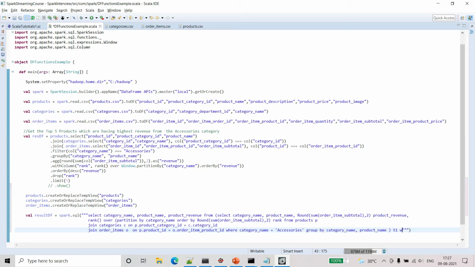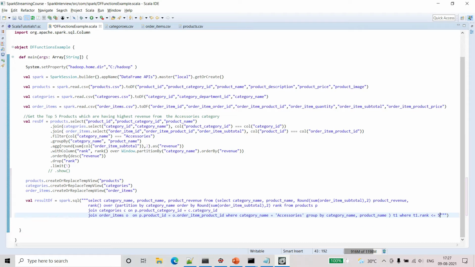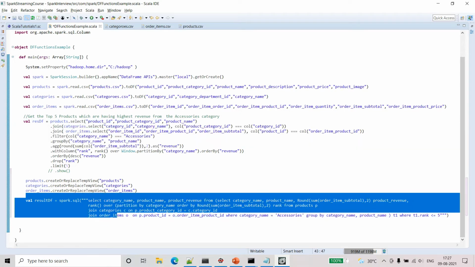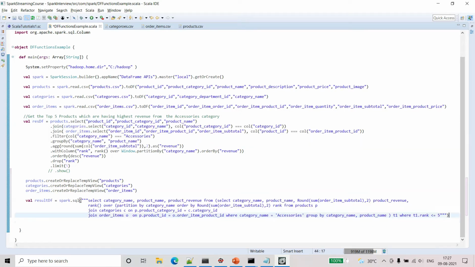Now here I'll say where T1, now rank is there inside, because here we selected rank also as a column. So now I'll say where rank less than or equal to 5. Got it? The same thing we are writing in the SQL. Okay, now let's print this.